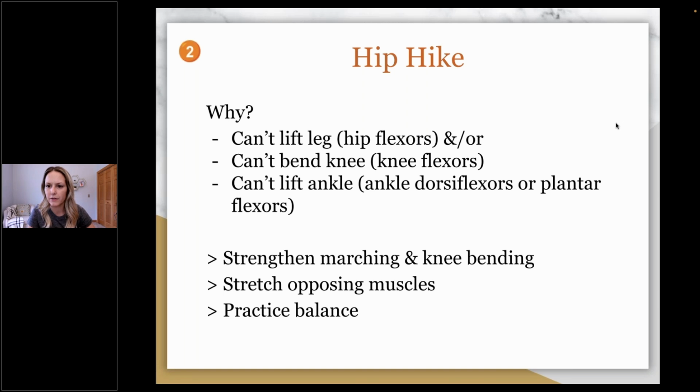Let me see in the chat for a second. Would it be helpful to have someone video me so I can evaluate my walking? I'm not sure I would be able to tell without a video. Absolutely. I absolutely love for anyone that I'm working with one-on-one, if it's virtual, to send me a video of